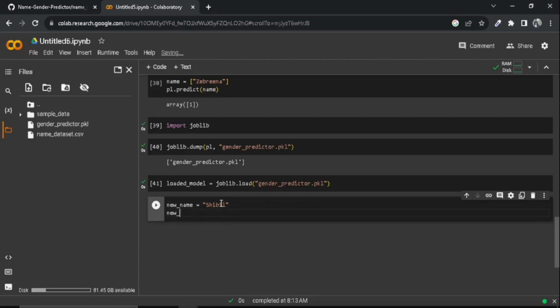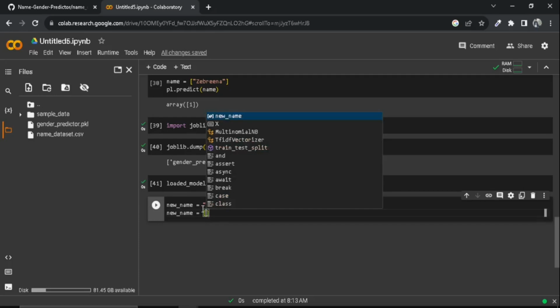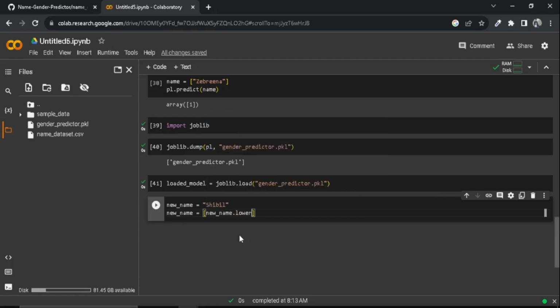Okay, and the new name, we need to convert it into lowercase, and it should be in one dimension. So I'm giving it inside a list, a one dimensional list. New name dot lower will lowercase the given name. As you can see, the S is capital, it will make it a small letter. Even if I write it differently, it will make all letters small, so the data set stays consistent